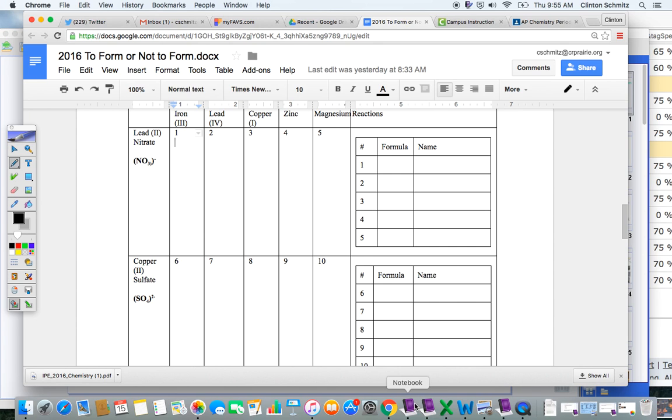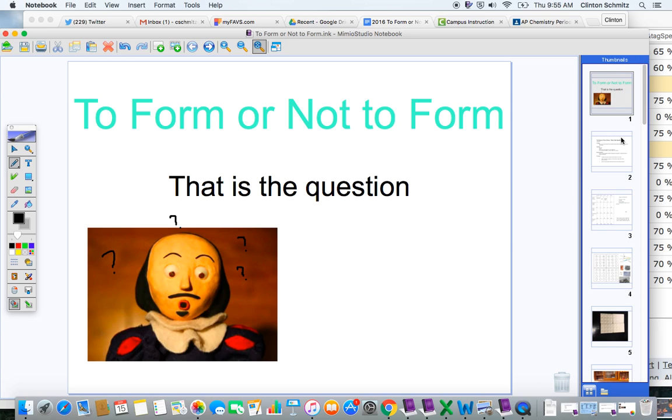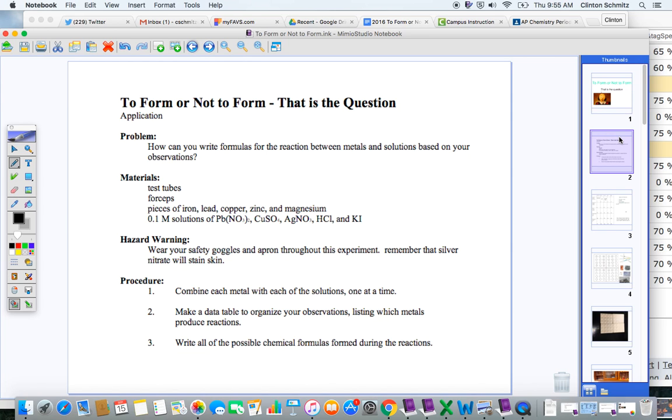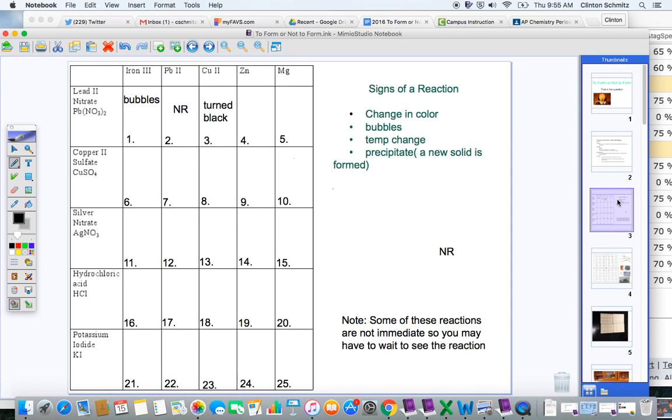Okay, let's see here. Let me go back. All right, so here's what we're doing. We're going to put some pieces of metal with a solution, and then we're going to see if there's a reaction. So we're going to put iron metal. It's titled iron 3 because it's going to have the iron 3 ion. That's going to go with lead nitrate,